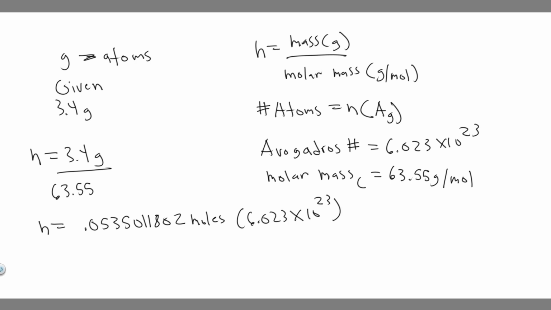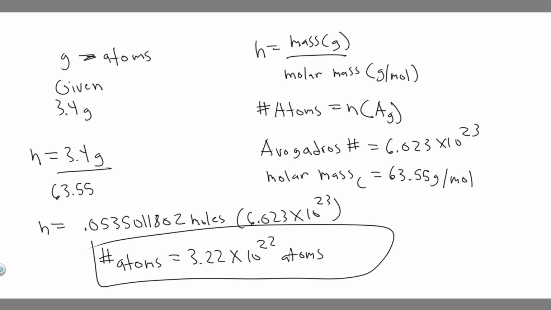When you go ahead and do this, you get the number of atoms equal to about 3.22 times 10 to the 22 atoms. So that's the number of atoms in a 3.4 gram copper